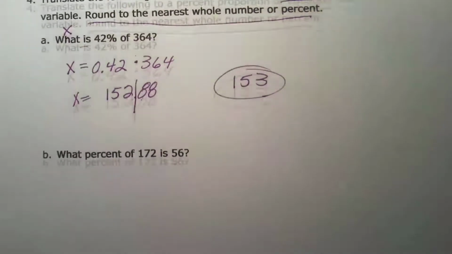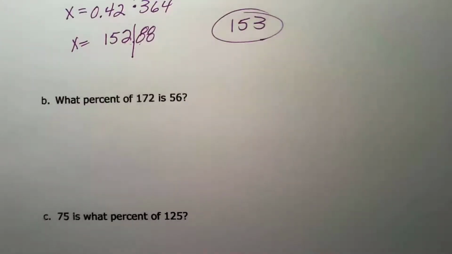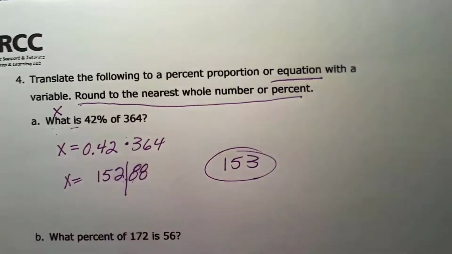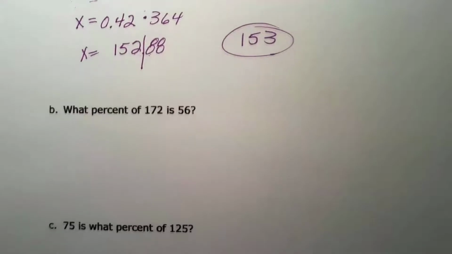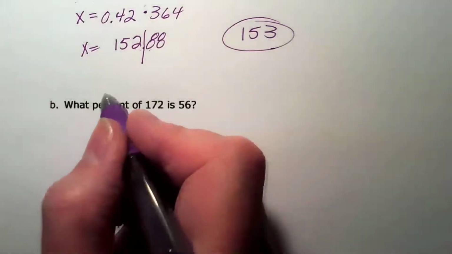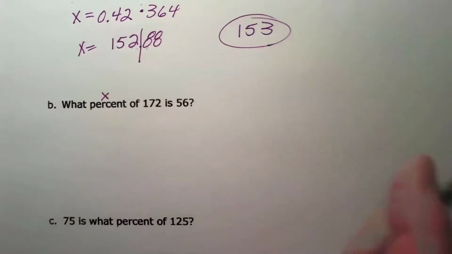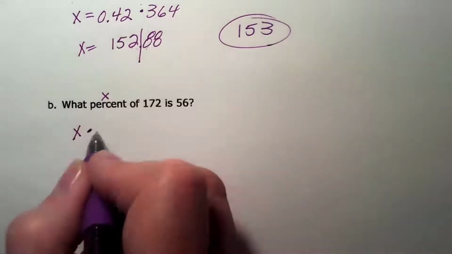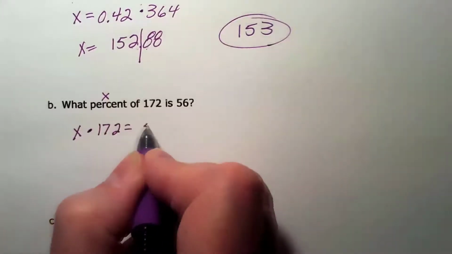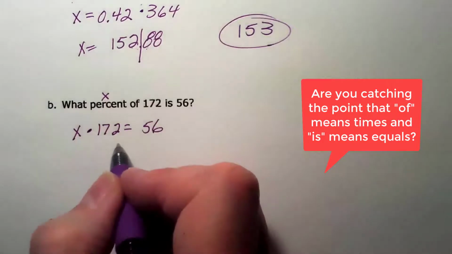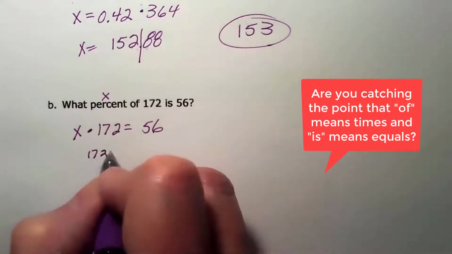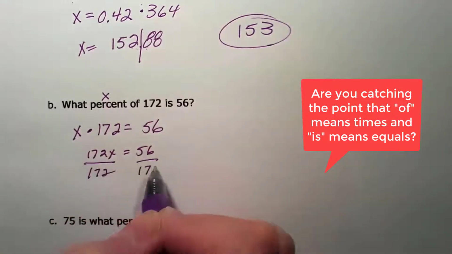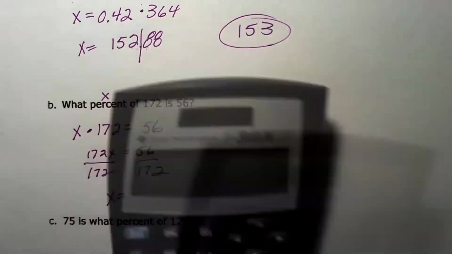The next problem, something different is missing. Here we were looking for the amount. This would be the amount and the base. On this one, X is the percent, but you can still just translate what percent. So X, something we don't know, of is times 172 is 56. So if I have an equation that normally you'd see like this, 172x equals 56, I would divide by 172 to find out that X is